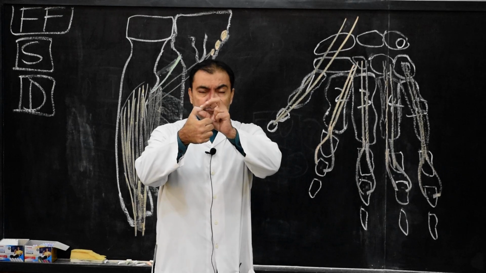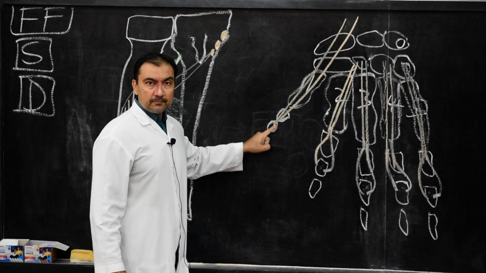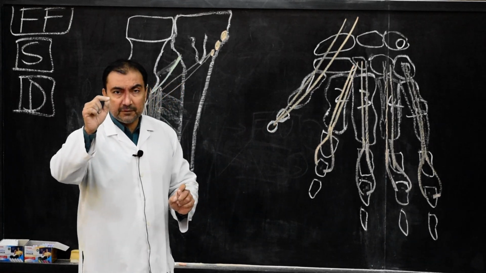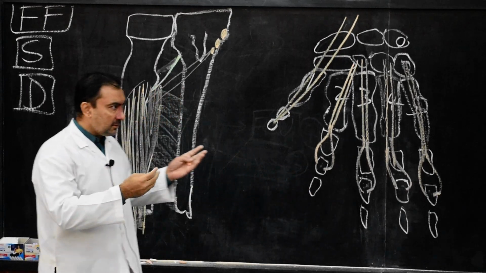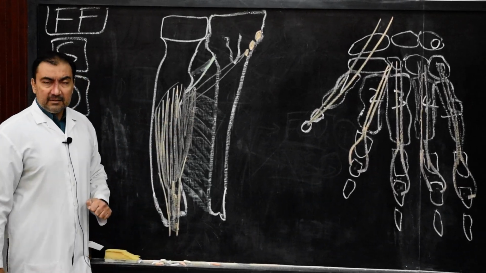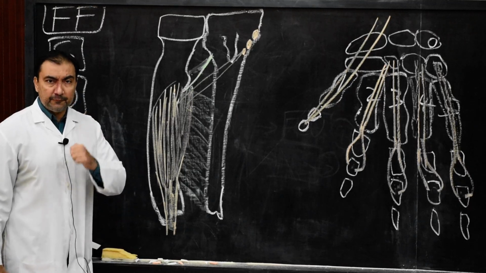So when you flex the distal phalanx of the pollex, the thumb, that is the action of flexor pollicis longus. So here we have finished one muscle of the deep group of muscles of the front of forearm, flexor pollicis longus. Now we come back on this side and we start with the second main muscle, the bulkiest muscle of the front of forearm, flexor digitorum profundus.